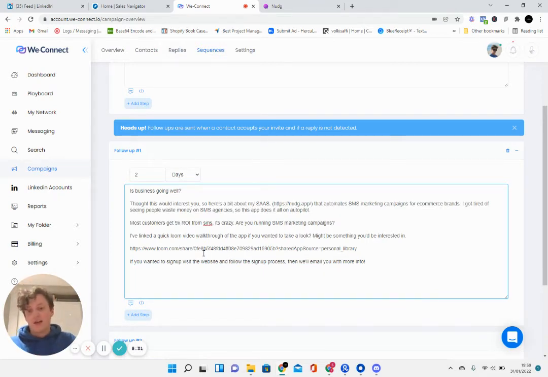And then I've linked a quick Loom video walking through the app. If you want to take a look, it might be something you'd be interested in. Video link, and then if you wanted to sign up, visit the website and follow the sign up process, then we'll email you with more info. Now, I think I'm going to do some tweaking, and I'll show you why, because of the replies